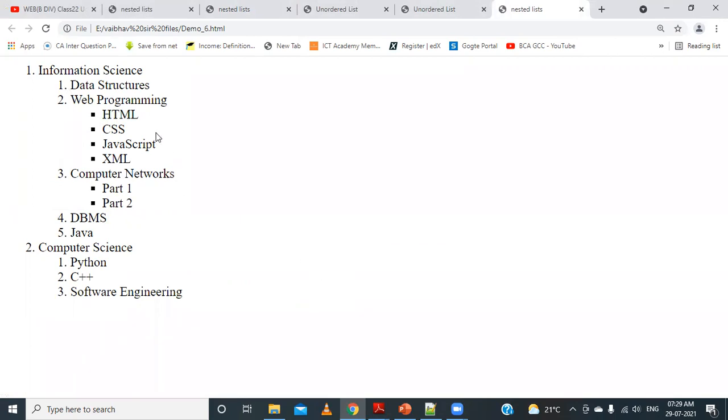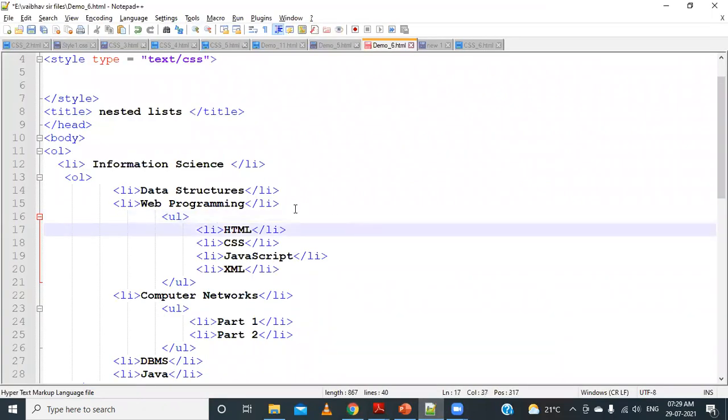Now if I want to apply a particular bullet, what do I have to do? This can be used inline or at the document level. Initially we will apply it inline, and then we can go to the document level. So I will just go to this li, and here I can set the property. How to set that property? We can use it like this on the li, and then we can set the list property.